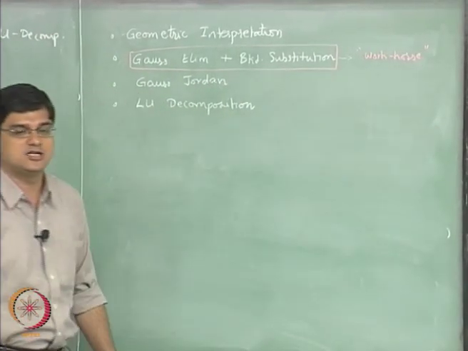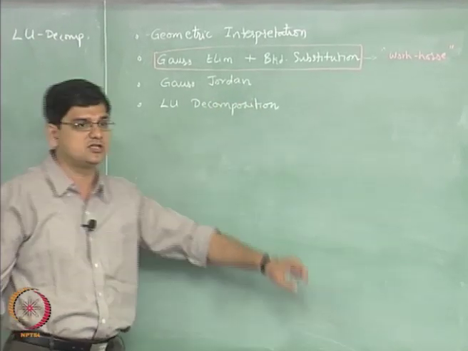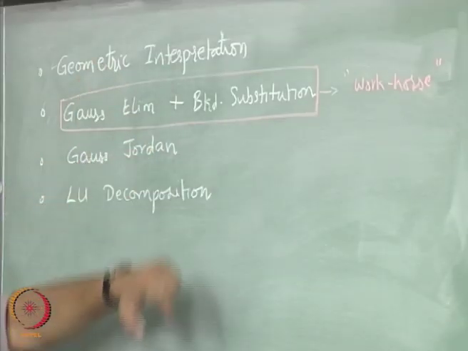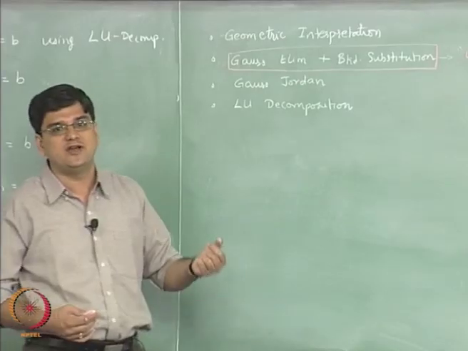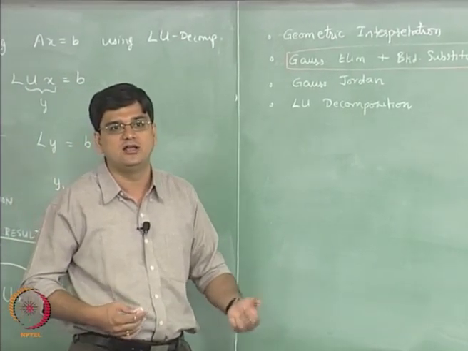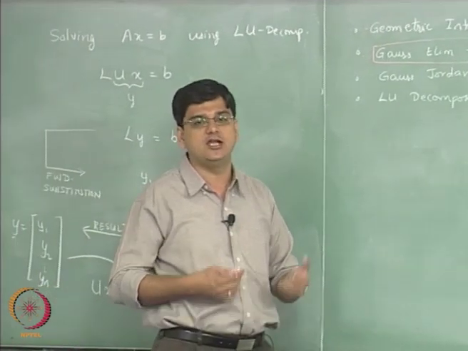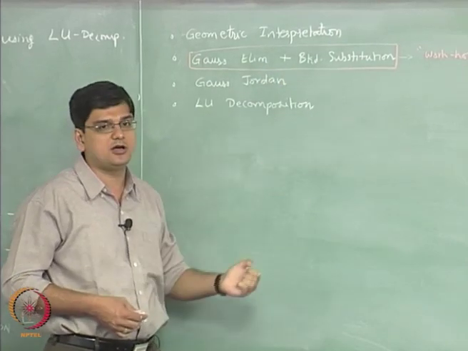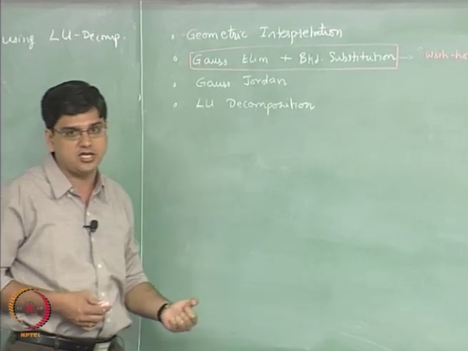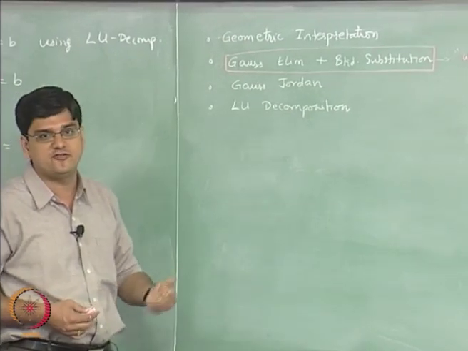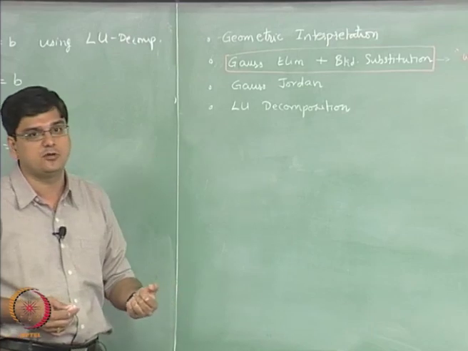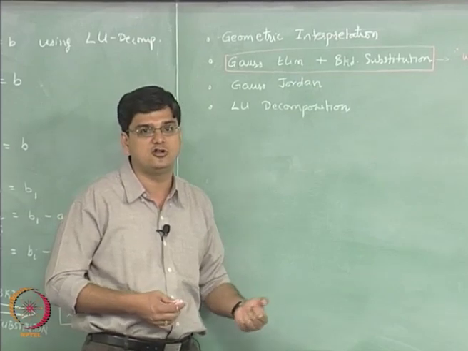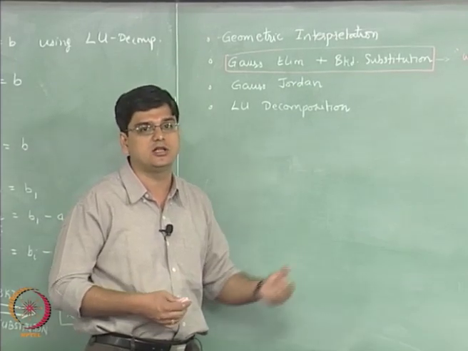This is the workhorse, or it is the most popular method. The reason why it is the most popular method is because, compared to the other methods, it has the lowest amount of computational effort required. So when n is going to be of an order of 1 million, a small factor also becomes a very large number, because as we will see in the next lecture, these methods scale as n to the power 3, which basically means that for a matrix of size 1 million, which is 10 to the power 6, the computational effort is of the order of 10 to the power 18 operations on that particular matrix.